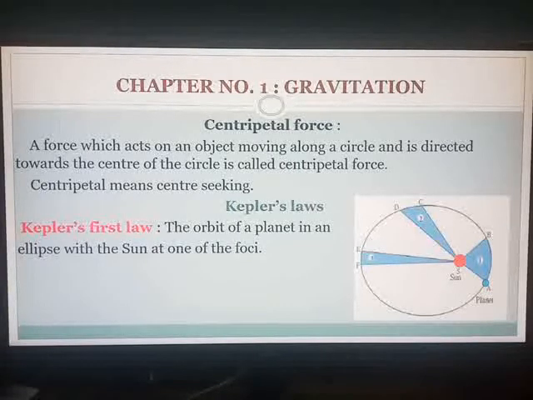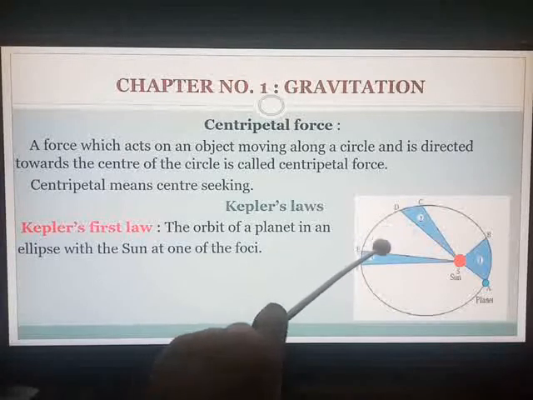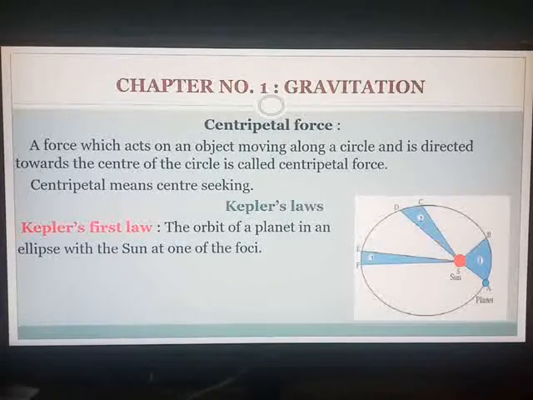Next concept is very important, that is Kepler's laws. Total 3 laws are there. This question was asked in March 2020 board exam. This diagram was given. Children had to identify which laws it were and then state all the 3 laws. So looking at the diagram, you should identify that it belongs to Kepler's laws of motion, and then they had expected you to define all the 3